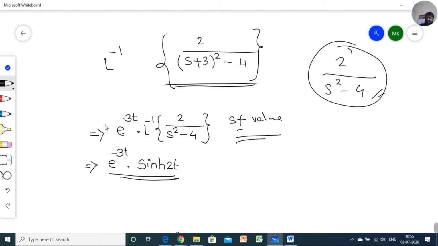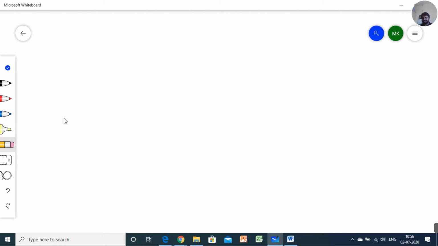That's why I've told you again and again, if you understand the Laplace transform, the standard functions of Laplace transform, 101% you will understand the inverse of Laplace transform, because the process is completely a reverse process. So in the next lecture, when we are going to learn, I'm just going to define the definitions.